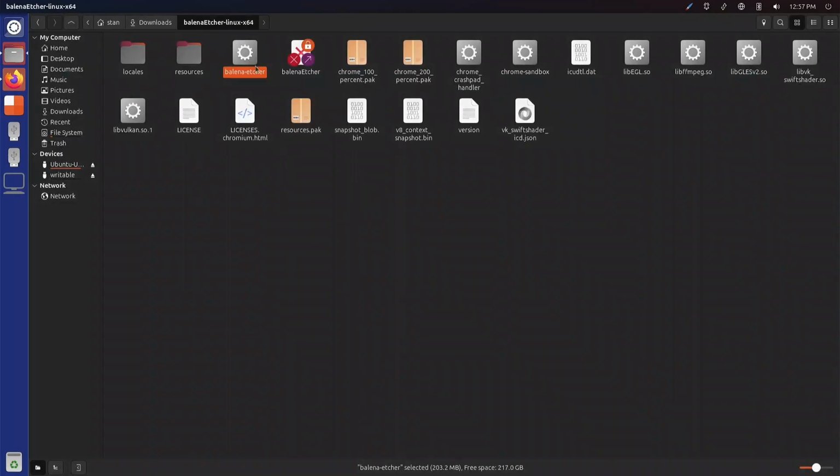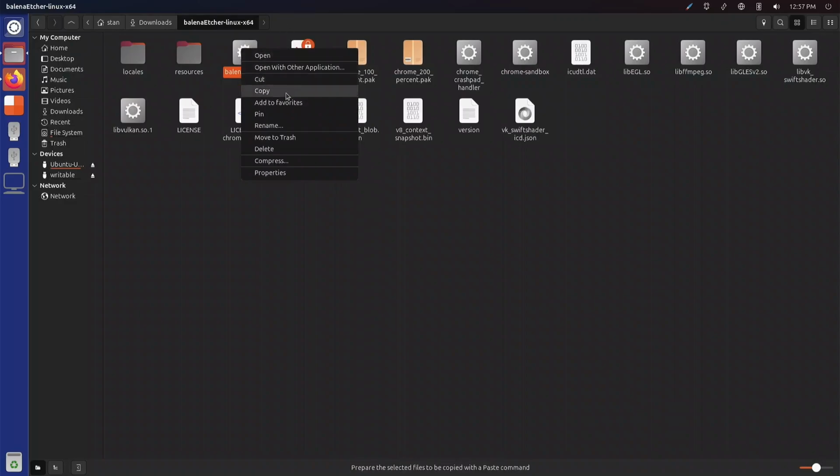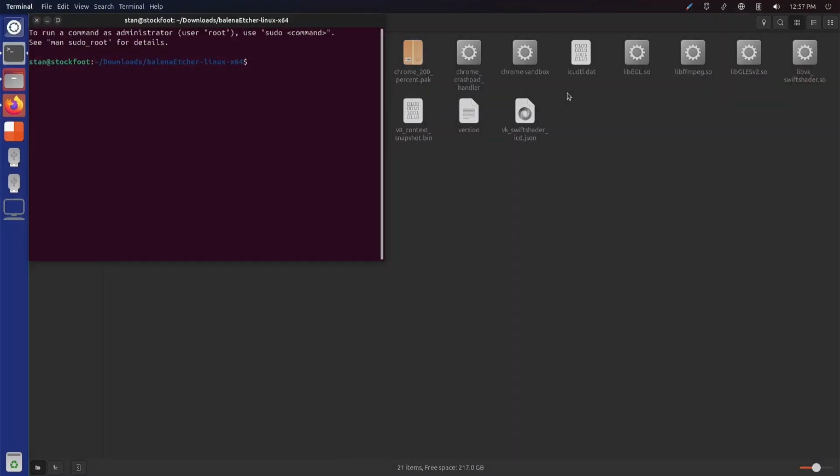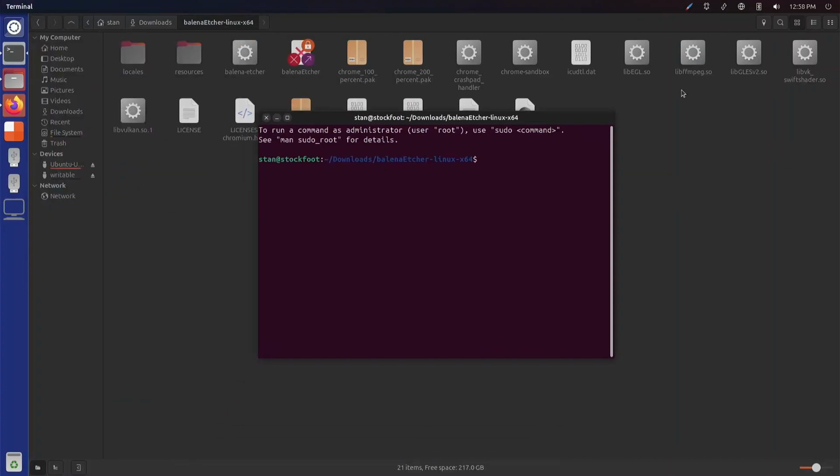Okay, let's see here. Let's open this in terminal. I'm going to show you a little trick here. If I do dot... Oh my god. Okay, this is the wrong keyboard. Working with two keyboards is hell, folks. Dot slash Balena-etcher. Okay. The dot slash tells the computer to execute this as a program.